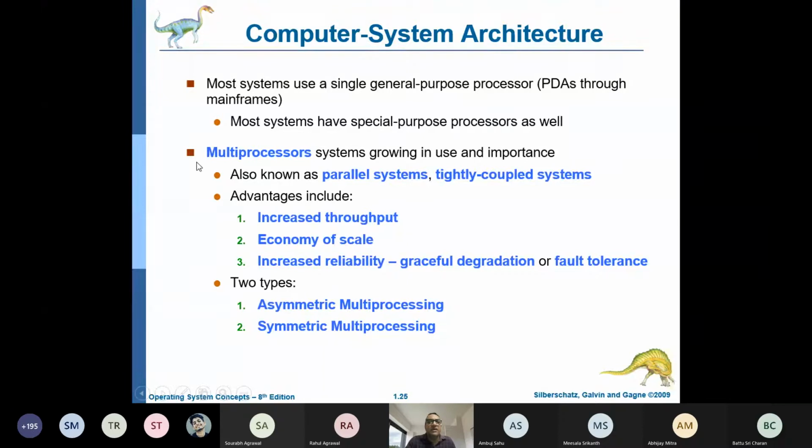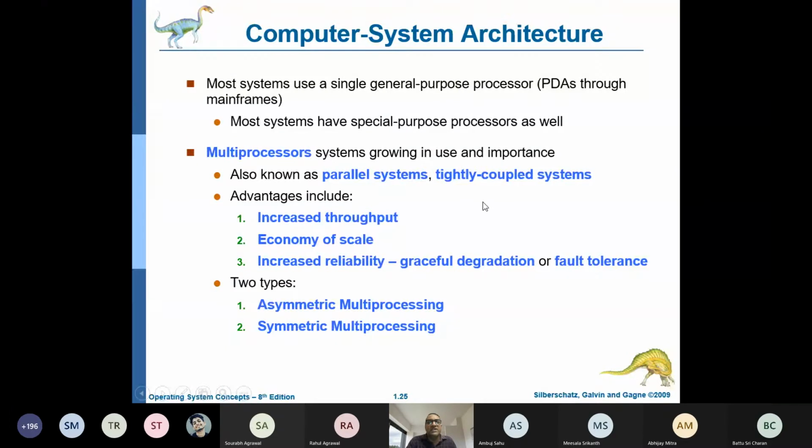But coming to the context of multi-processor, where we have more than one processor, these are also known as tightly coupled systems. It means that we have one system where we have multiple processors, right? And also known as parallel systems. So since we have multiple processors or multiple CPUs instead of one, you have these advantages, like the throughput can be improved, right? And it's more economical also for the given increase in the throughput, right?